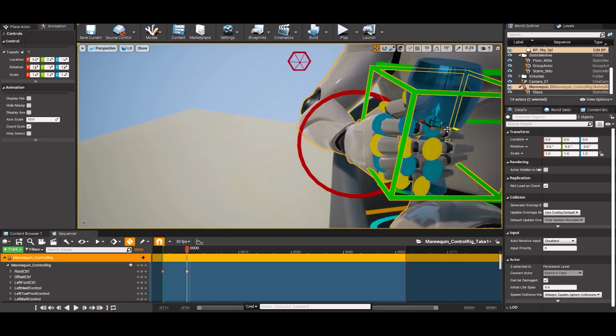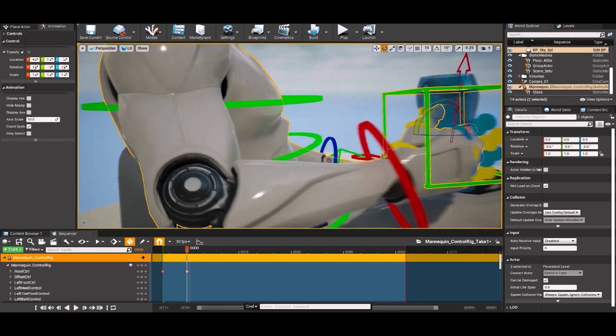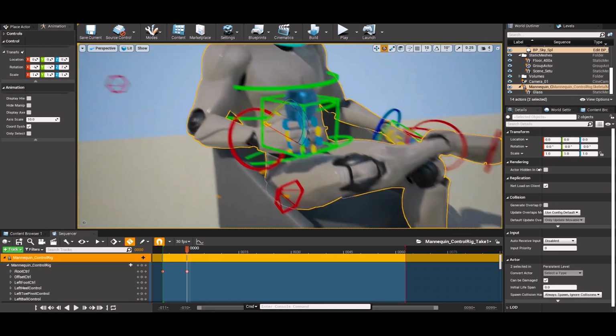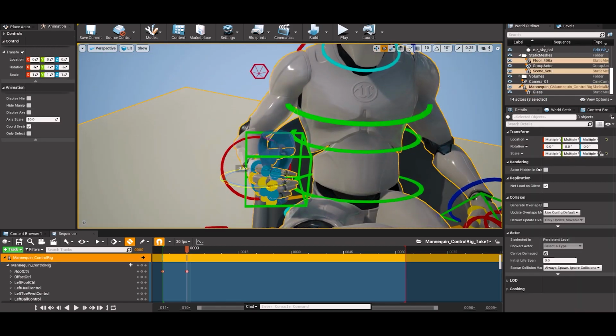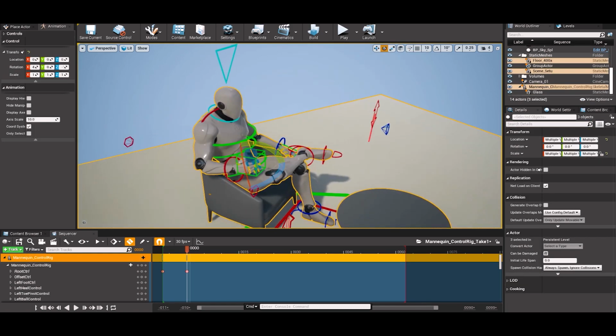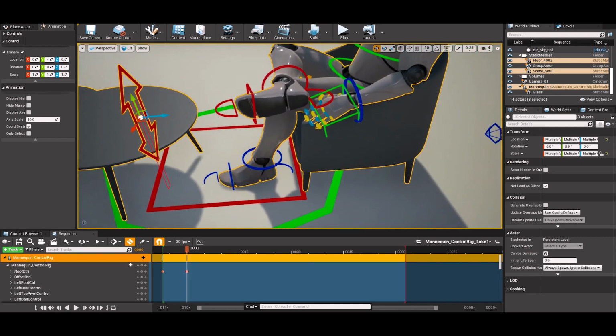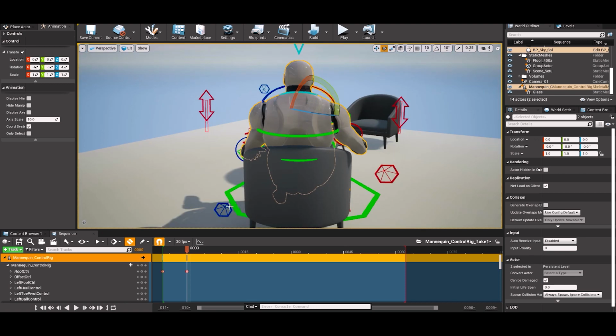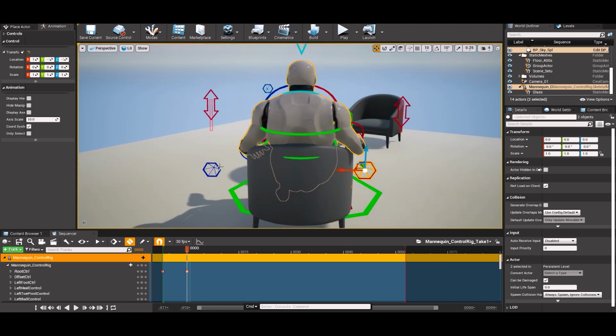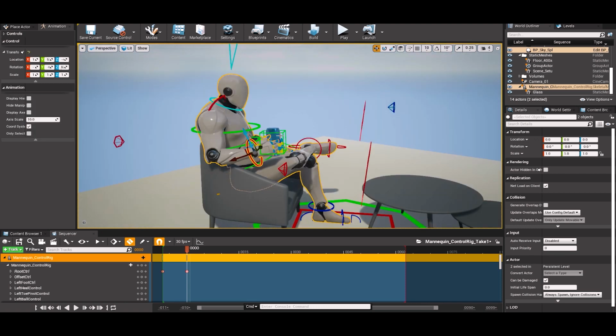To parent a prop, you need to drag it on the mannequin in the world outliner and you'll see a list of bones appear. There you can select any bone you want the prop to follow. So in this case, we've created a virtual bone for the glass in the hand space parented to the middle finger joint. Now this bone is being controlled by the prop controller created in the control rig script. So this allows the prop to follow the right hand and also gives it flexibility to move in its own space.